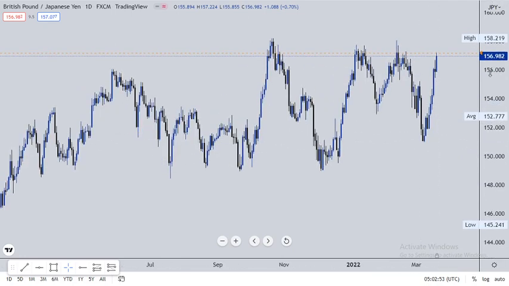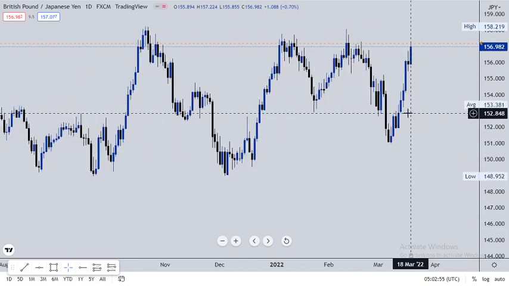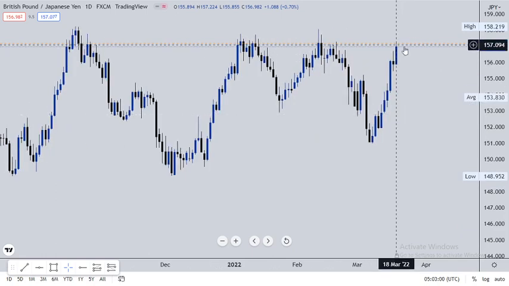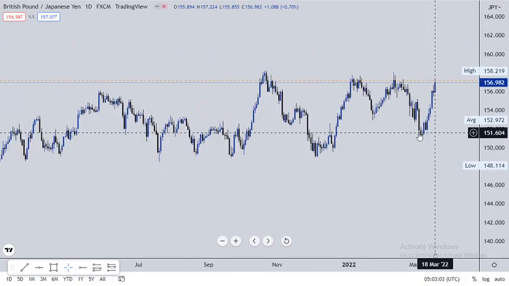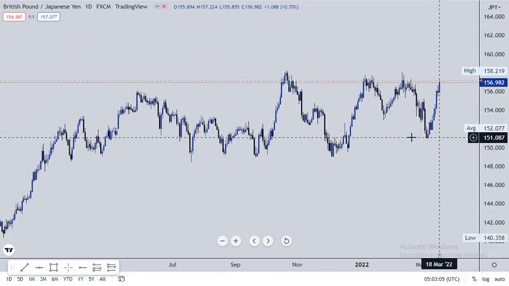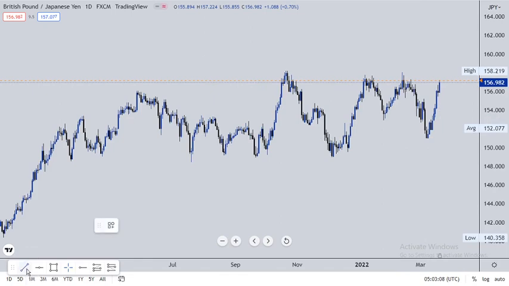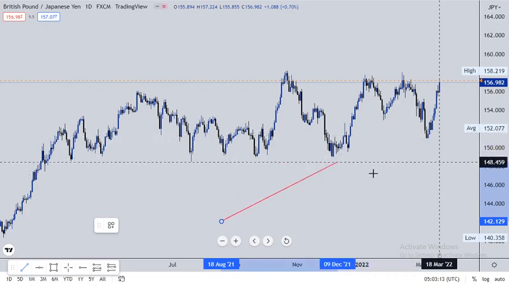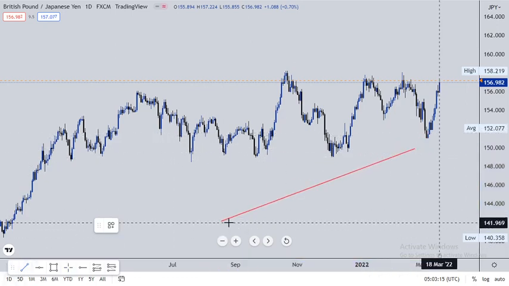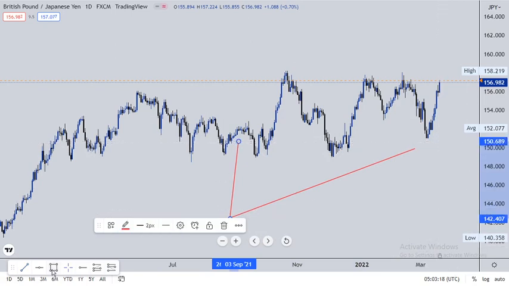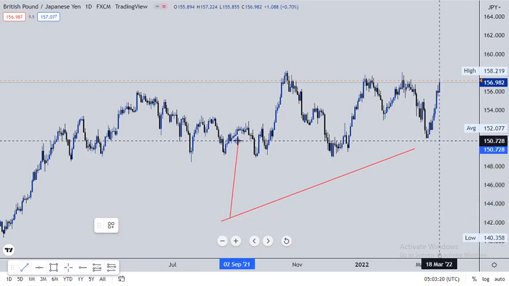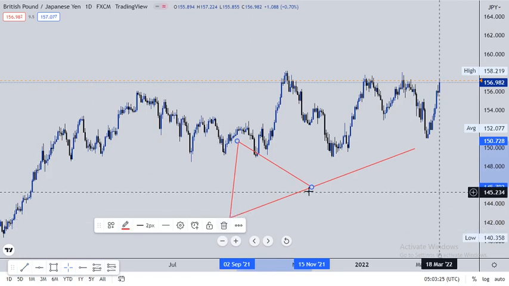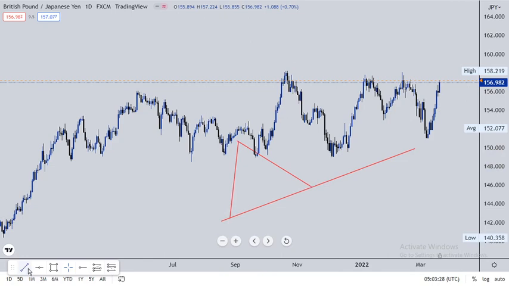Let me quickly show you something. Let me make this video short. I'm on GBP JPY, on the daily time frame. I want to spot something like this. When we draw a trend line, we need to see like 3 contacts, or 2. The market goes up on the daily time frame, comes back to the trend line, this is the first contact with it, this is the second contact with it,